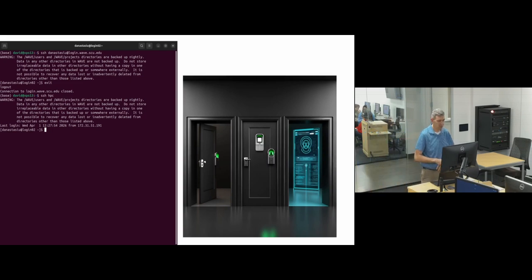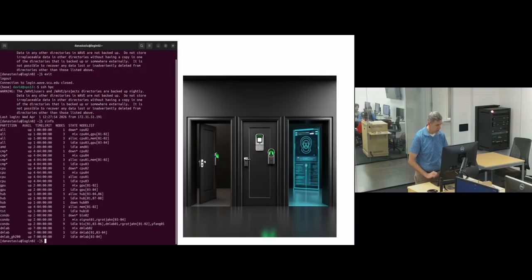But anyway, now that I'm connected to the HPC, now I can see stuff about the HPC. So for example, these are the different queues and their status. So there's a mixed usage of CPU 04, GPU 01 and 2. CPU 02 is currently down for some reason. GPU 03 and 04 are idle, so 4 GPUs readily available to be used. A bunch of hub nodes are idle, and a bunch of condo nodes are mixed usage, and a bunch of them are idle, and that's that.